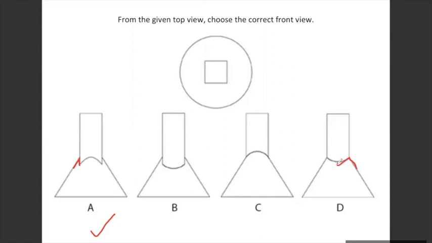That's not possible. If you want a finished edge like this, then this has to be a different kind of pyramid. It can be a square pyramid with a cuboid, where it's possible that you have a touched edge like this, but in that case you will have a horizontal edge. It won't be a curve. Option C or D gets negated there. Now the curvature is always on the upper side. It's always inverted like this and not in the other direction. Remember that. So option A is the correct one here.